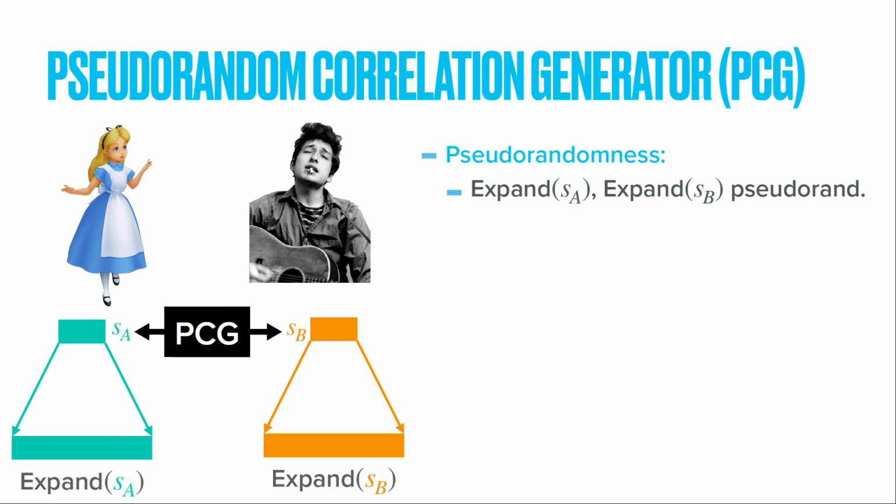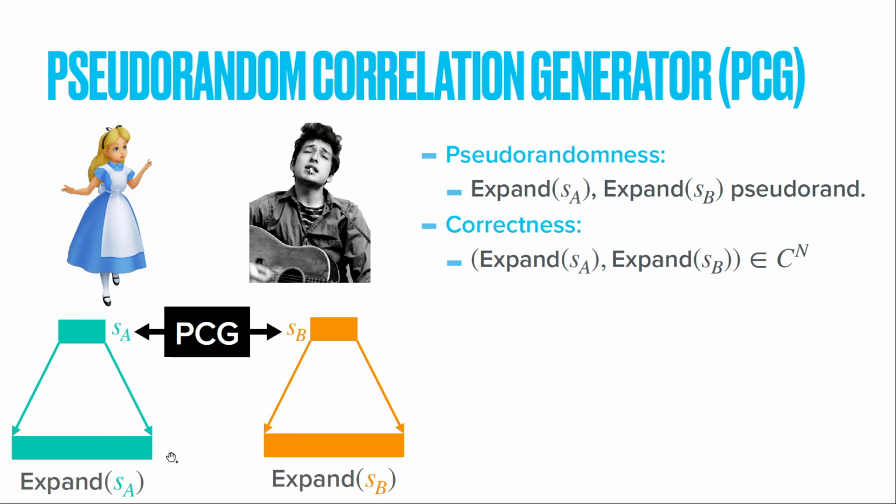First of all, it's just like a pseudorandom generator. We still have the property that if I take my short seed and run this expansion process on it, I'll get what looks like a pseudorandom string. I should also emphasize that this expansion step requires no communication from the parties. This is just local computation that they can do on their own private machines. But amazingly, since the seeds were correlated when they were output, the expanded strings, this green vector for Alice and this orange vector for Bob, will satisfy some useful correlation. Maybe we get n independent OTs. That is what we're targeting here.